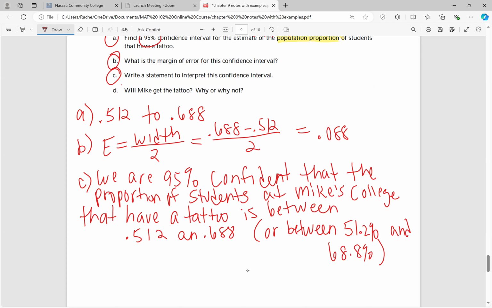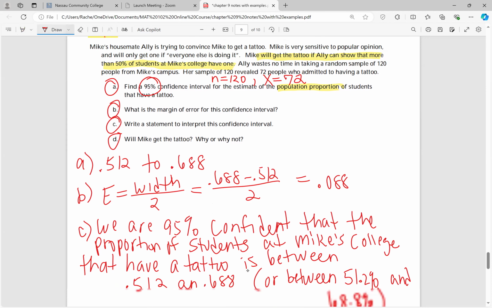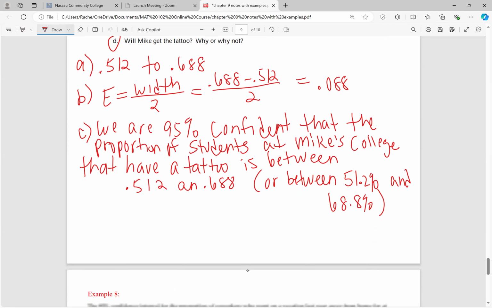So now the real question is, should Mike get the tattoo? Why or why not? Well, think about what he told Allie. What did he say? He said he'll only get a tattoo if she could show that more than 50% of the students at his college have one. And what did she just show? She showed that it's pretty certain. So we're 95% confident that the proportion of students that have a tattoo is between 51.2% and 68.8%. Which is higher, right, than 50%. The minimum is 51.2%. So yes, he should get the tattoo